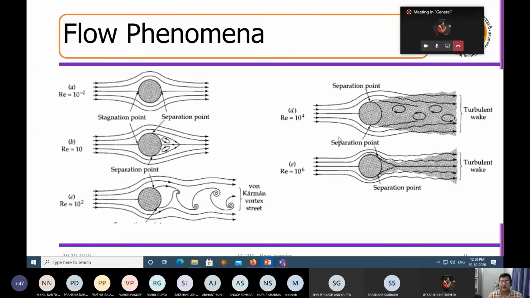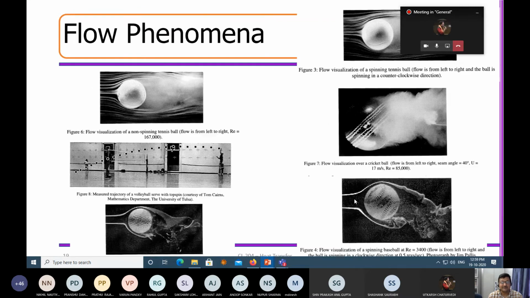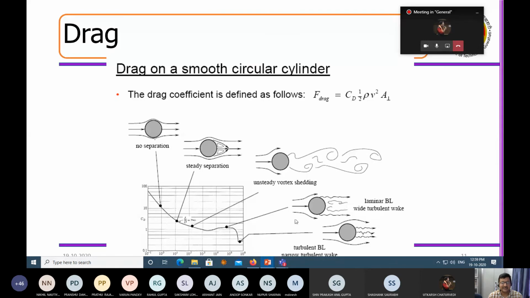But if you go beyond a certain Reynolds number, you may see at the back side of the fluid there is a turbulence. And then at very high Reynolds number there will be a turbulent wave. So suppose this is a heated ball, the heat transfer will be hugely affected by the flow patterns that are around this. So this will be another aspect that we will be discussing here, as we progress, I will be describing.